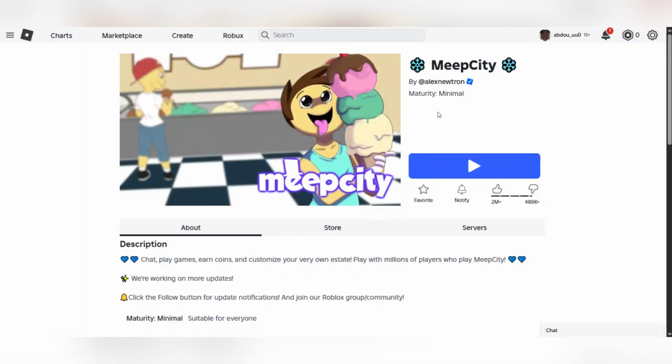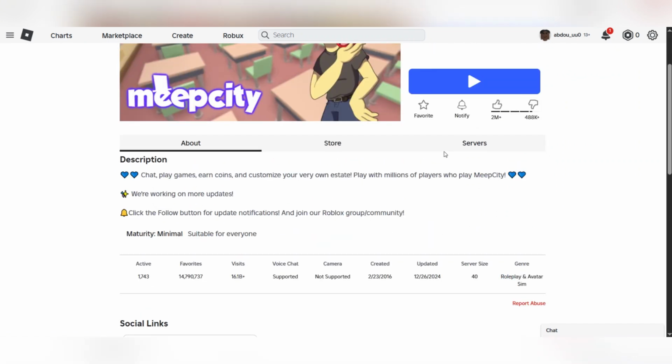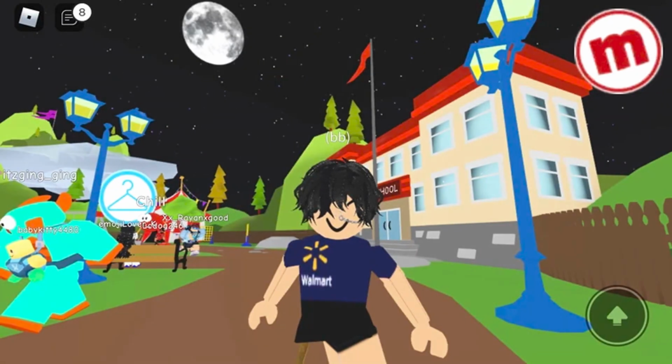In this tutorial, I am going to show you how to build on your roof in MeepCity. Firstly, head to your house in MeepCity and enter your estate like you normally would. Make sure you're using a larger estate like the Estate Plus or Castle Estate, as they give you more build